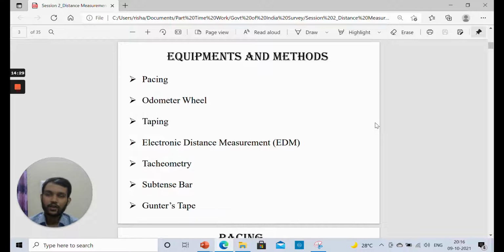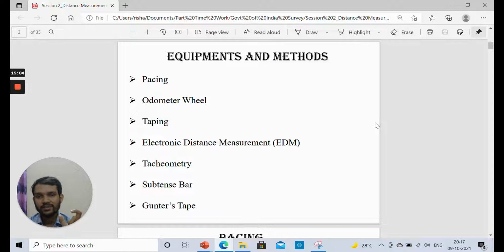Next one is electronic distance measurement devices. It is again the same as I have told you. Electronic distance measurement devices give us the horizontal distance between 2 points. The 2 points for which we need to calculate the distance, it directly displays the horizontal distance, and the concept that it uses is that it transmits a signal in the form of electromagnetic waves, and we know the wavelength of that particular wave that has been transmitted with the EDM device.